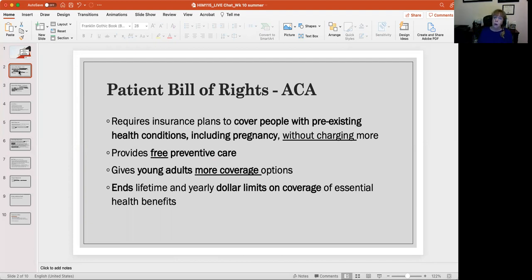Okay, so the Patient Bill of Rights requires insurance plans to cover people with pre-existing health conditions, including pregnancy, without charging more for their policies. This is an incredible thing. And if you speak to your relatives who may be older, I don't want to say elderly, but those who are older,